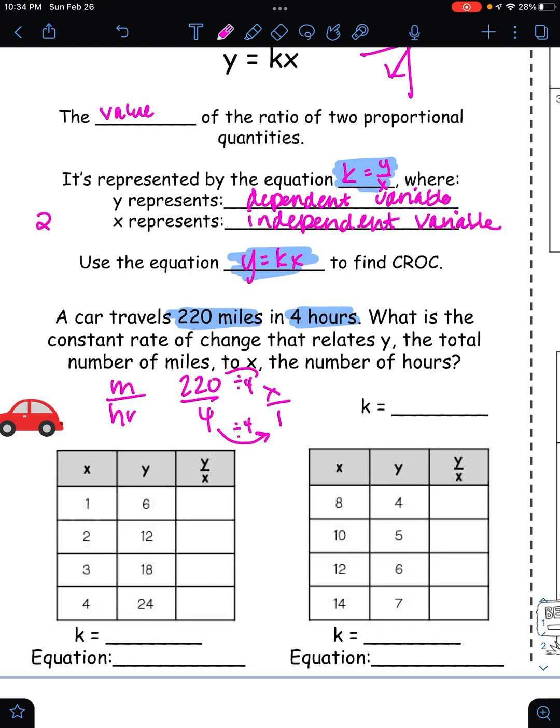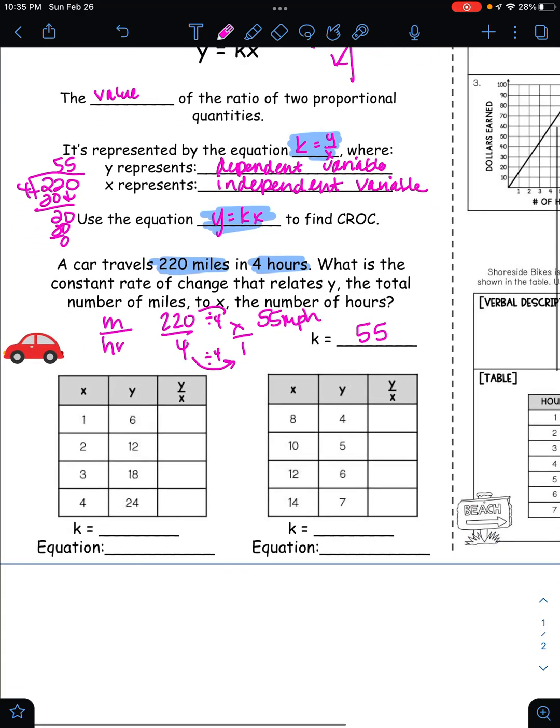220 divided by 4. 4 goes into 22, 5 times, that's 20. We subtract, get a remainder of 2, bring down your 0, and 4 goes into 20 5 times, and there's nothing left. So this car travels 55 miles per hour. Your k is 55. Unit rate, we're finding out how many miles this car drives per hour. Okay, now what I mean